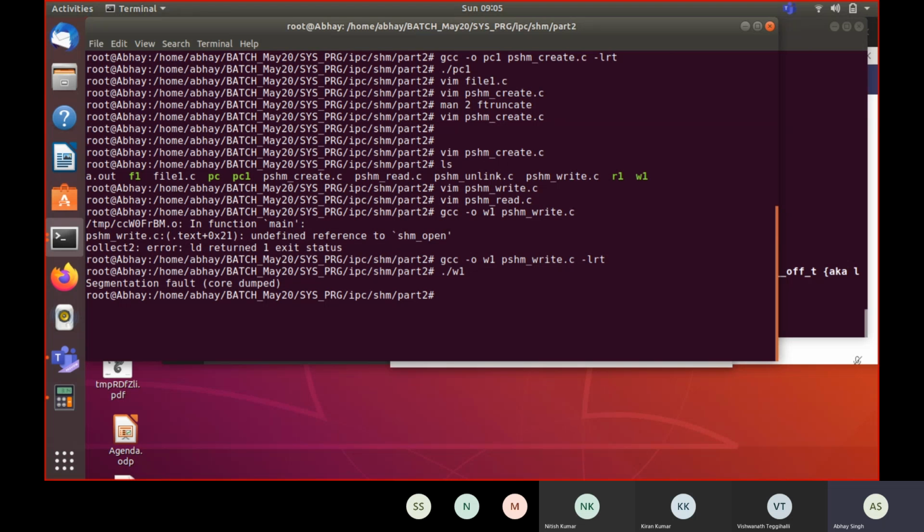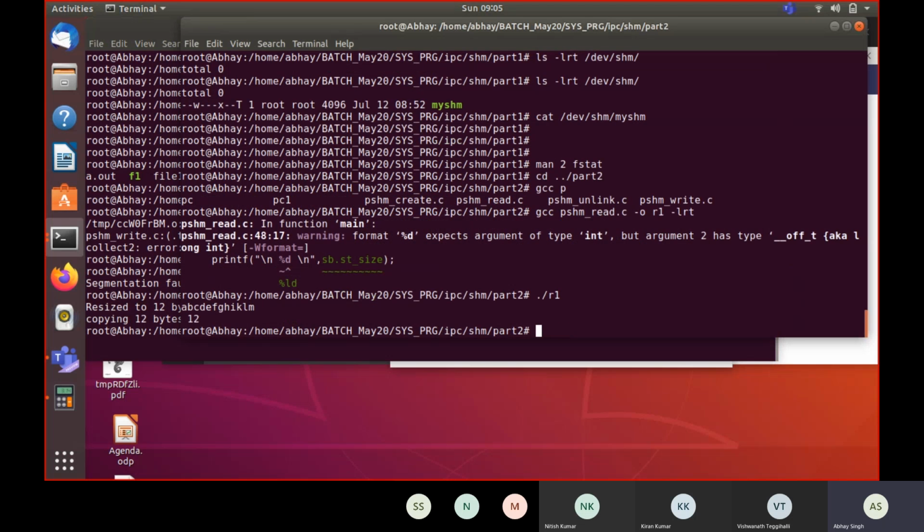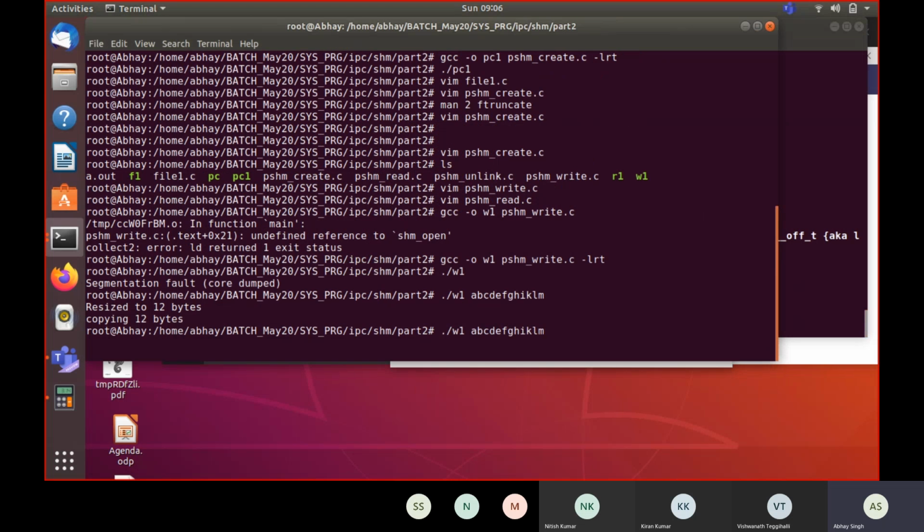The segmentation fault, any reason? Yes, this. So you pass 12 bytes, copy 12 bytes. This will read 12 bytes, and even if you notice we have printed the size of the file is 12 bytes. So what you're going to do is you're going to just say that